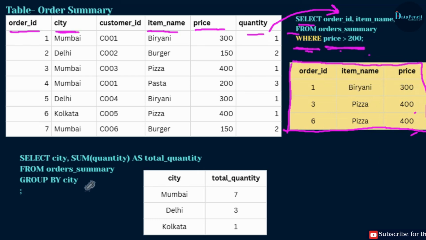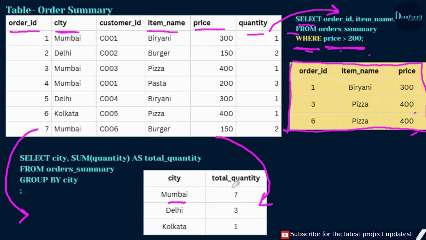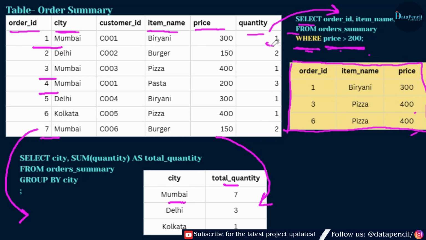Okay, correct. Now, in this second case, what we are doing, we are basically firstly converting this original table into the grouped table. And this grouping is on what basis? So, we are grouping it city-wise. We want to basically see city-wise total quantity. So, if we talk about Mumbai firstly, so here it is Mumbai. Here also 1, 2, 3, 4. 4 times Mumbai written and the total quantity will be, we have to add them, right? We have to use the sum function. So, 1, 2, 5 and the 7. So for the Mumbai, the total quantity will be 7. For the Delhi, the total quantity will be 3 and so on.